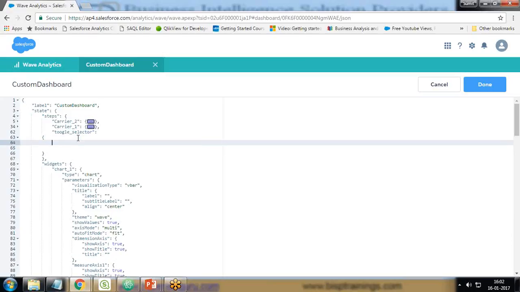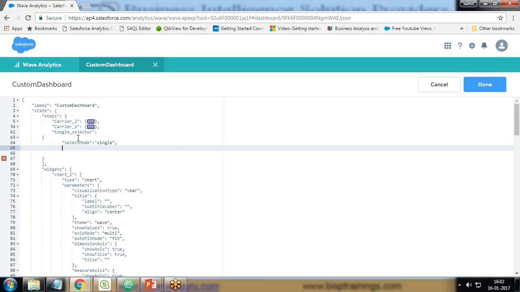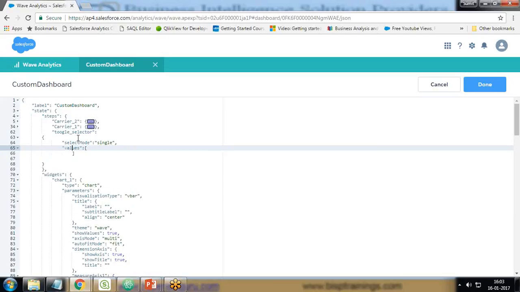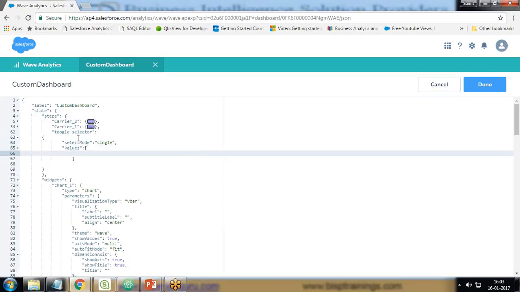And within this, select mode is single. Then I define values to it. Values. And the values for this would be,